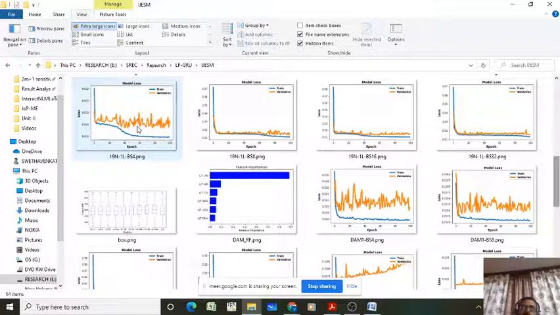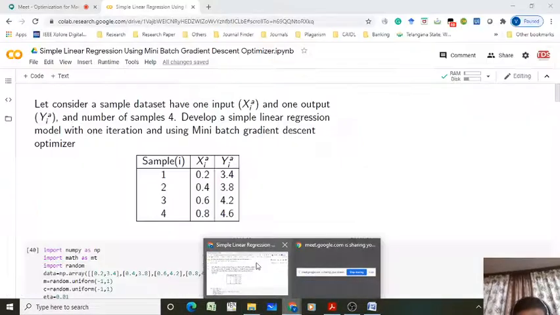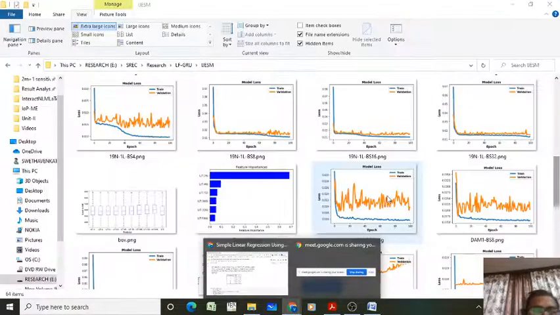But see friends, now I don't say that batch gradient is far better when compared to the stochastic gradient. But my opinion is that most of the people here are research scholars. Anyhow,